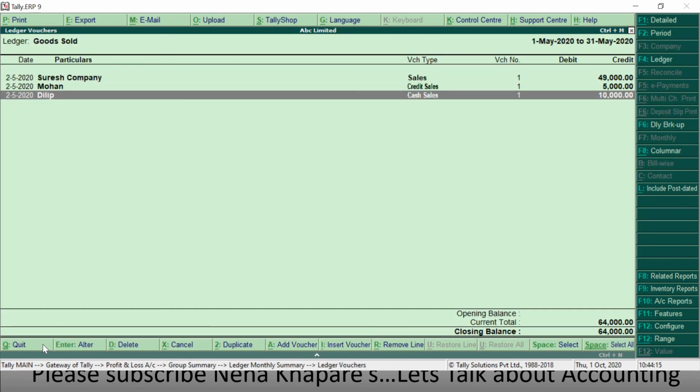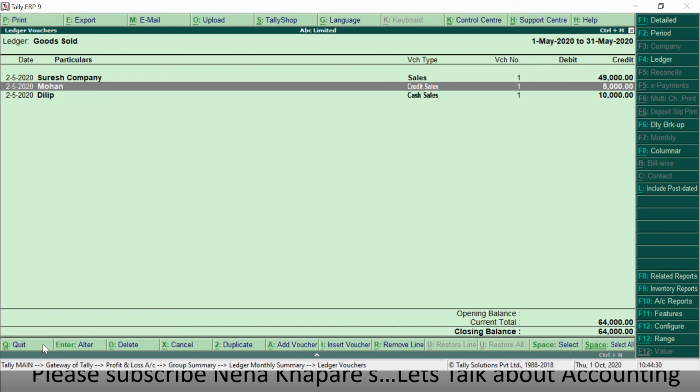If I click on sales account, goods sold, I am able to see all these voucher types. Why? Because I selected the sub voucher type as sales only. This is just for my bifurcation purpose. If I want to bifurcate between my credit sales and cash sales, then I will be using this voucher type option. It is not limited only to sales. You can use it for purchases, and for your expenses also. In my coming videos, I will explain how you can use the creation of extra voucher types for other types of vouchers.